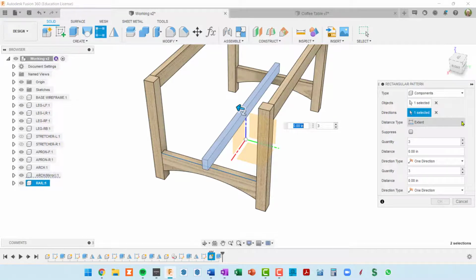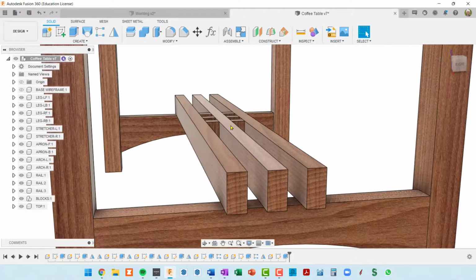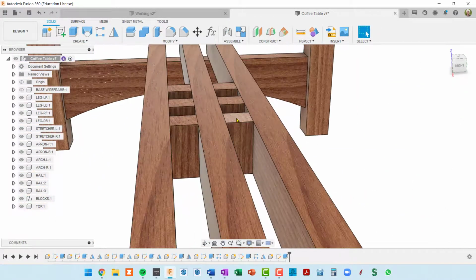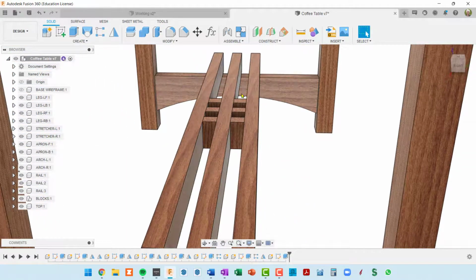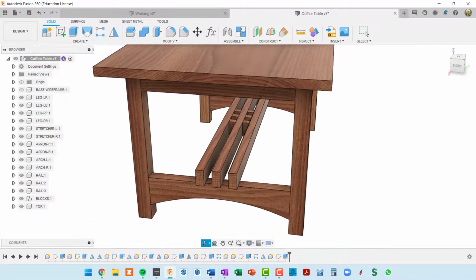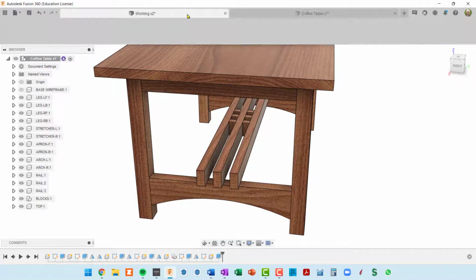The extent, the distance type, I think we want spacing here. And we're going to space this out by the size of these blocks that we're going to put in between them. I'll show you what I mean. There are little blocks here, kind of decorative blocks, and I should make a parameter for these blocks. So, do I need to do that yet? I guess if these blocks are going to be the same dimension here as these rails, I think we're safe without a parameter. So, going back to the working drawing,